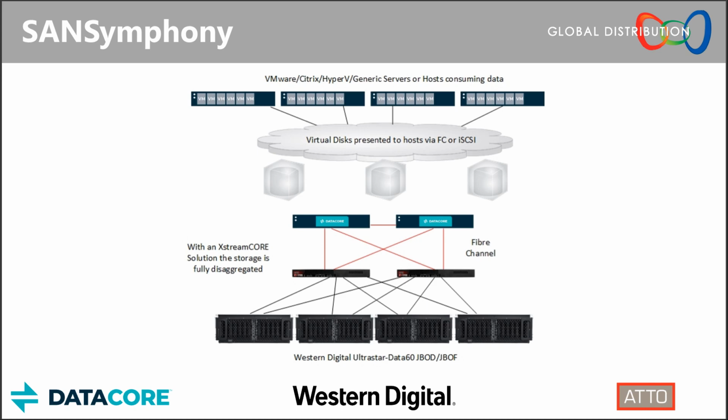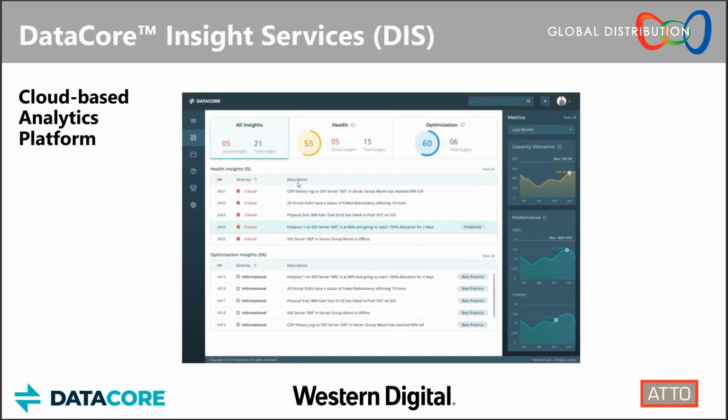But that's DataCore in summary. This is a screenshot of the Insight services that we spoke about, and what that means is, as you can see here, you've got your traffic light type predictive analytics. So this could be something like a snapshot has failed, click here to delete the old snapshot and resnap, or you've got plenty of capacity and you haven't turned on a feature like CDP, which is something called